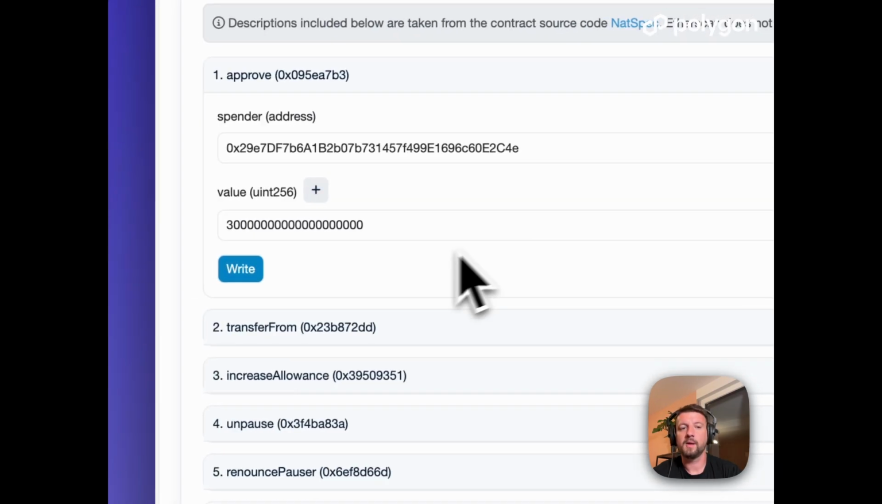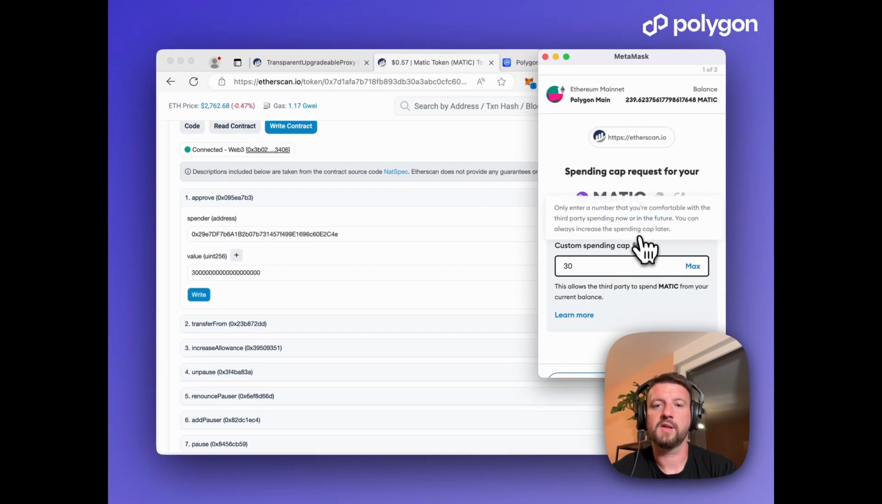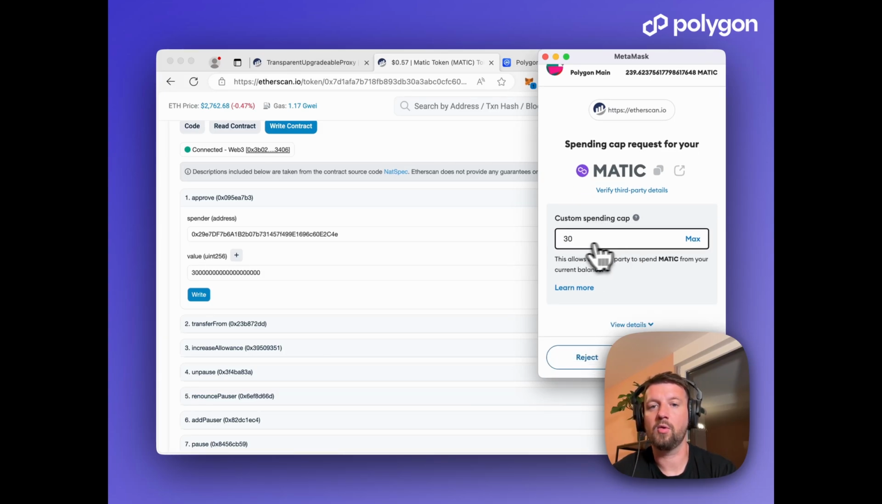At this point, we can click write, and this will execute a transaction in our wallet. So you can see here that our settings were reflected in MetaMask itself. Here it's warning us what's going to happen. It is going to define a custom spending cap of 30 Matic. So it recognized that this is a whole number 30 based on the decimals, and so we can just click next to go further,